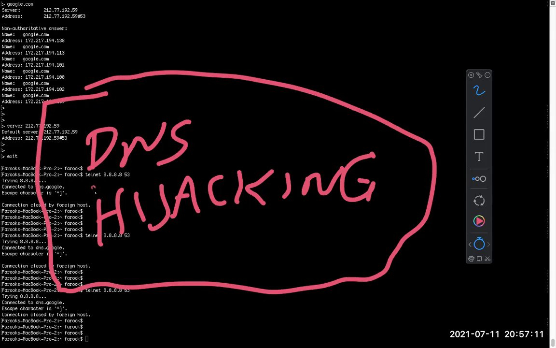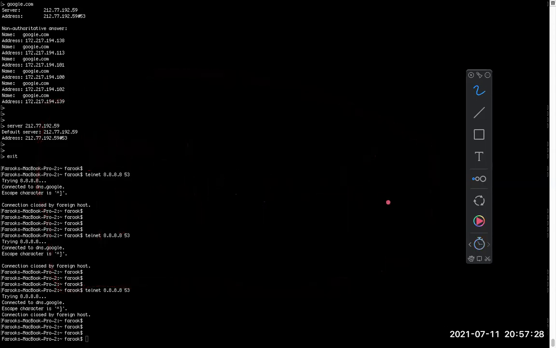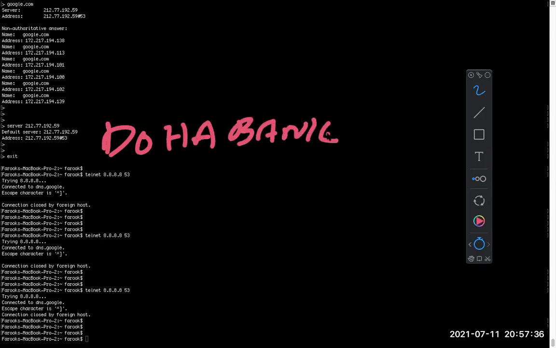A virus or a spider will put something inside your computer and map it so that, for example, let's say Doha Bank's IP is this one, with almost everything starting with 89, so I put 211.2.3.